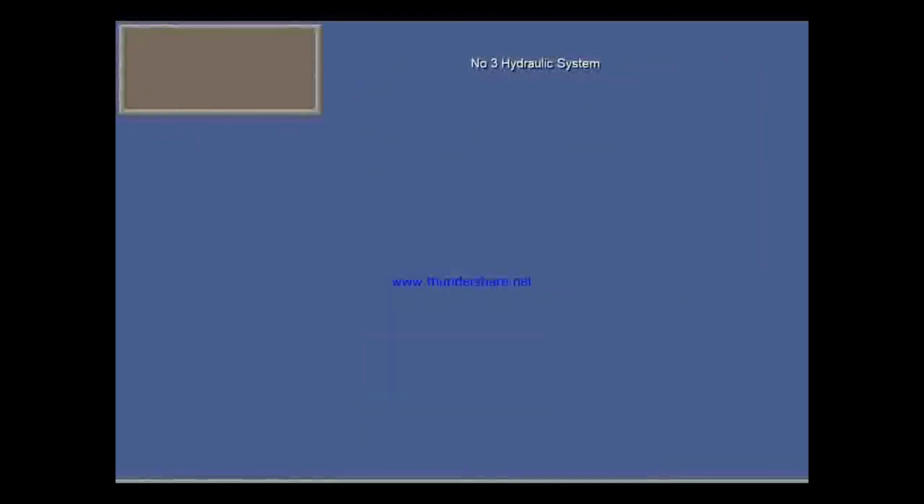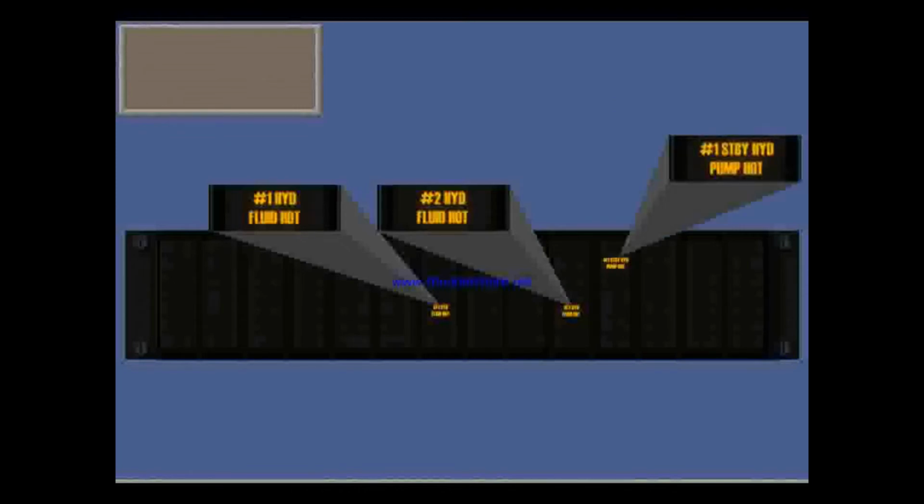Hydraulic system number 3 is not connected to systems 1 and 2. It has its own reservoir, DC motor-driven pump, accumulator and isolation valve, and is connected to the inboard power control units of the elevators. If the flight controls ECU detects loss of hydraulic pressure in system number 1 or number 2, the isolation valve opens